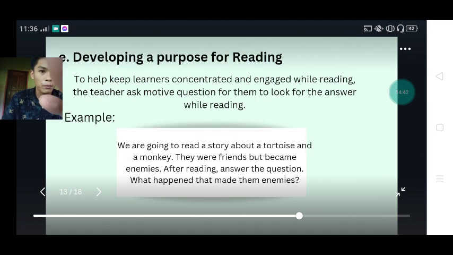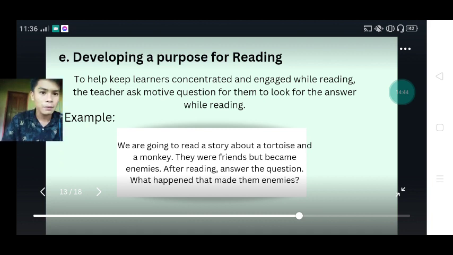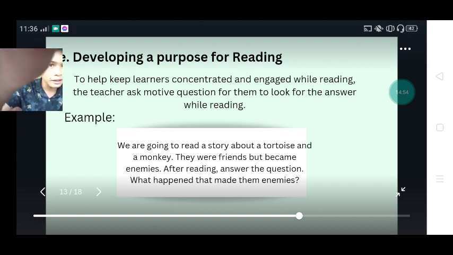And next, developing a purpose for reading. To help keep learners concentrated and engaged while reading, the teacher asks a motive question for them to look for the answer while reading.